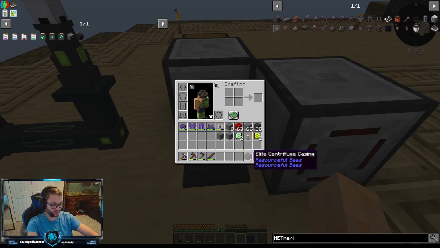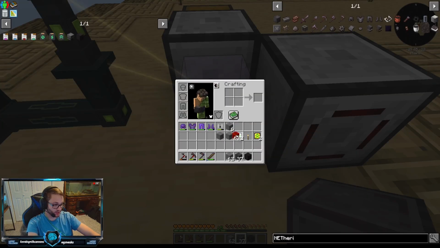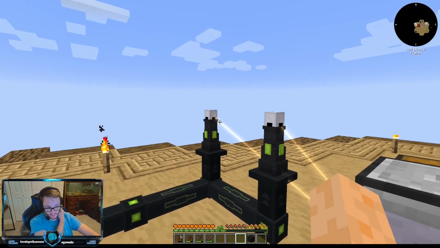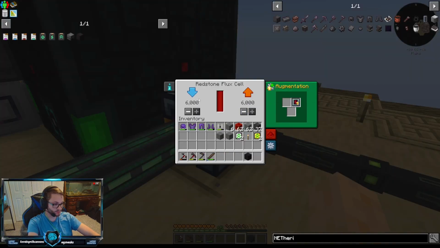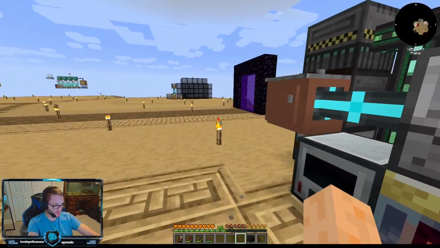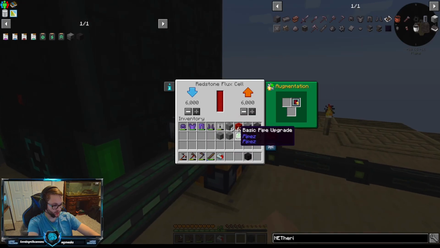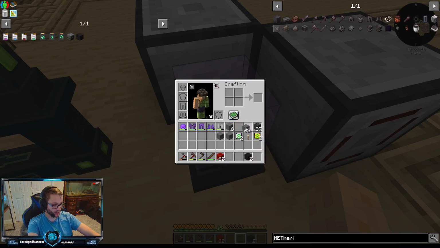So I did just make my first elite centrifuge casing, and I can show you what we did here. We just go 1, 2, 3. Fairly easily. It's pretty slow. I think we'll make another energizing rod. Also, I believe we're actually bound by this only outputting 6,000. I think we can take this over here and turn it into 12,000, so we'll do that. Just because I would like to. However,